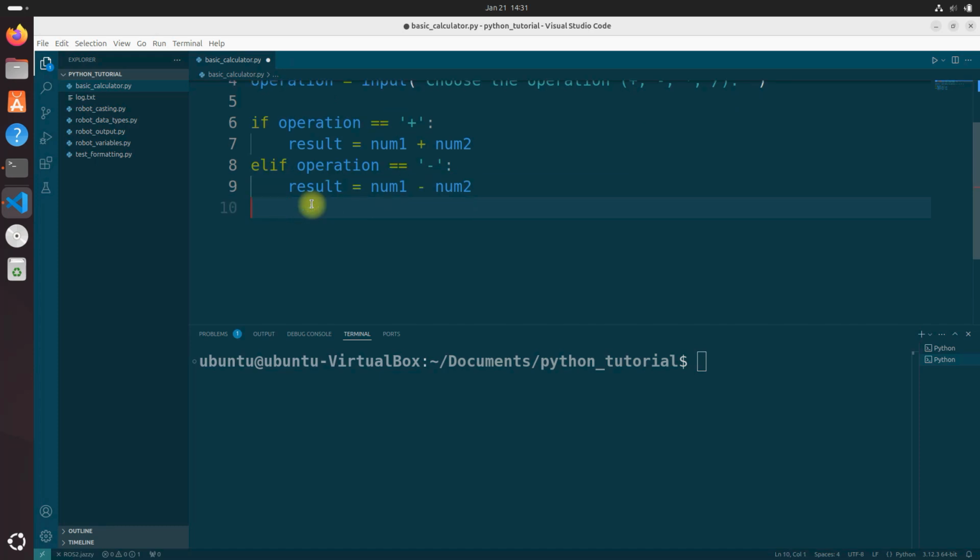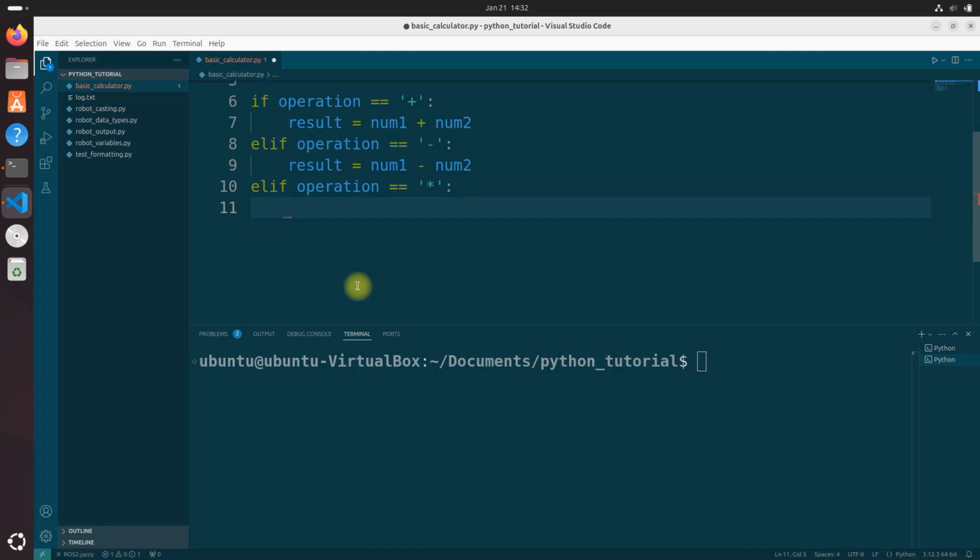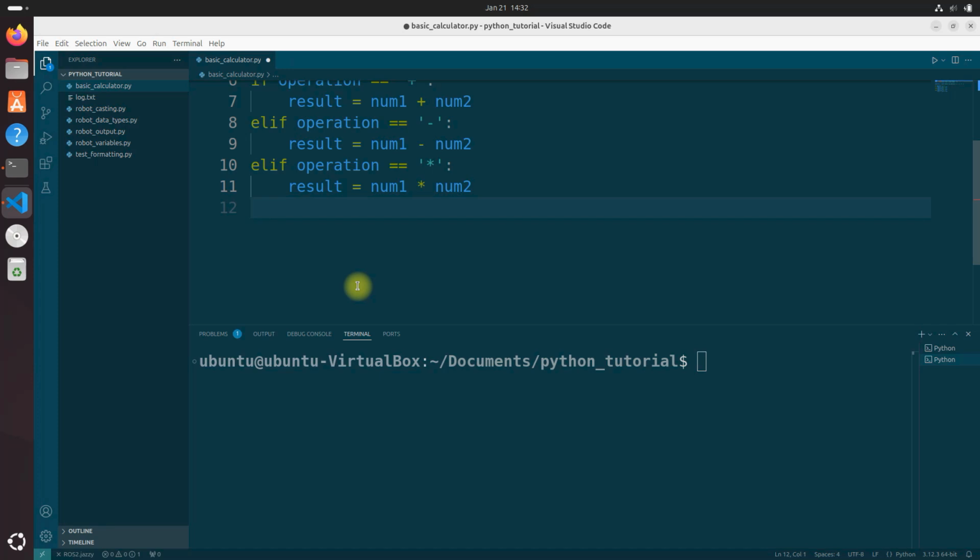Now, let's go to the third operation option. elif operation equals multiplication, do colon, result equals num1 times num2. Next line. And finally, division. elif operation equals division, colon,